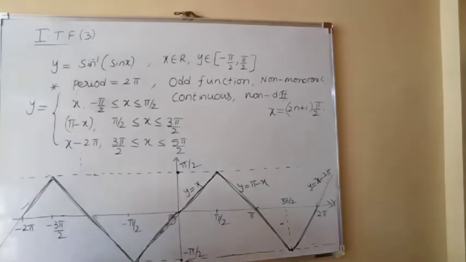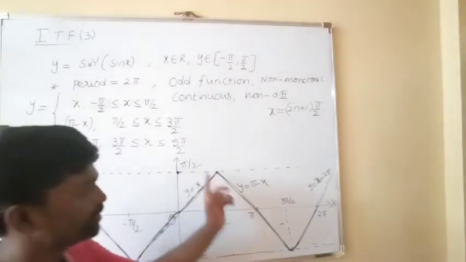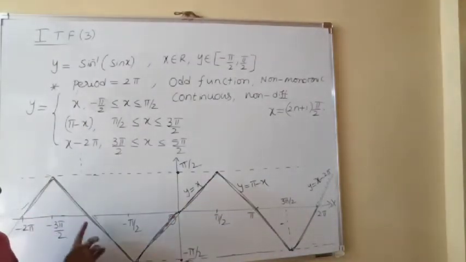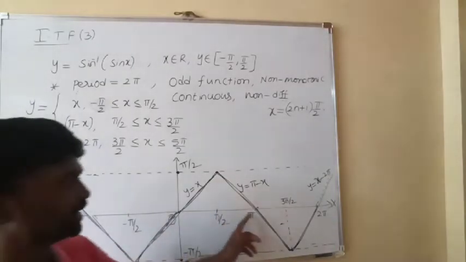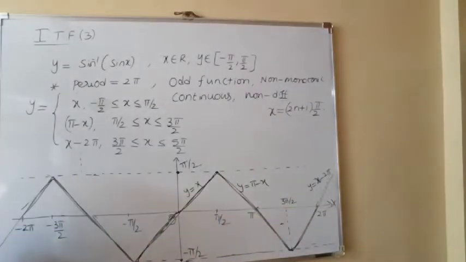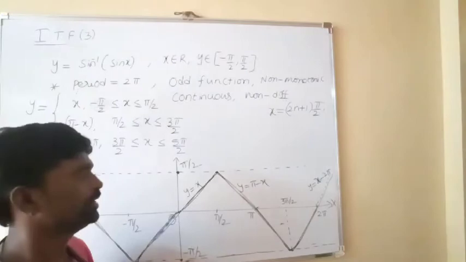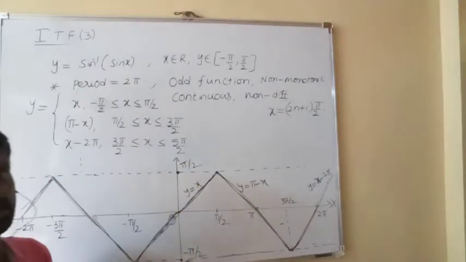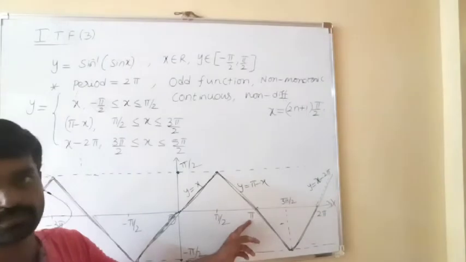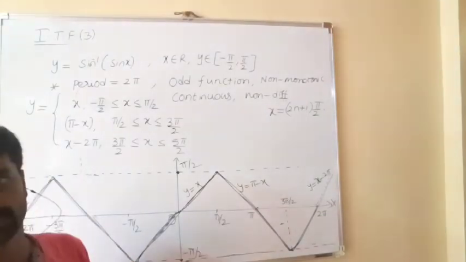So if slope is plus 1, then the line equation is in the form y is equal to x plus c, y is equal to x plus something. If slope is minus 1, the line equation is in the form y is equal to minus x plus something. How can we remember that? Just remember this y is equal to x line. How? See here, this graph intersects the x-axis at all multiples of pi: 0, pi, minus pi, 2 pi, minus 2 pi, etc. So I have drawn the y is equal to x line. Now this line should have slope minus 1 and pass through pi comma 0. So the line equation you can find: y is equal to pi minus x.